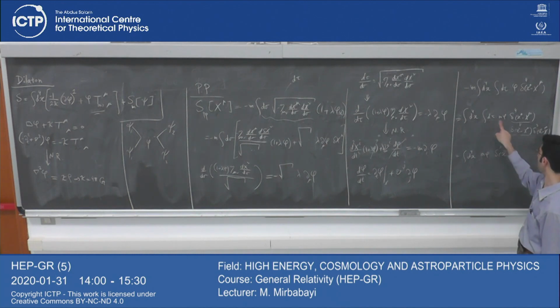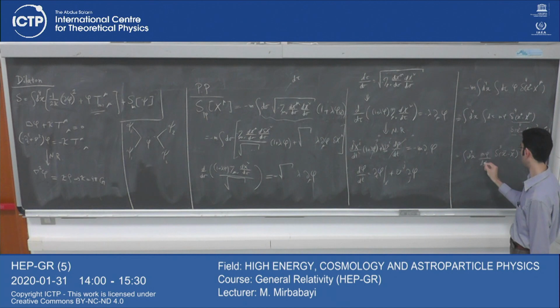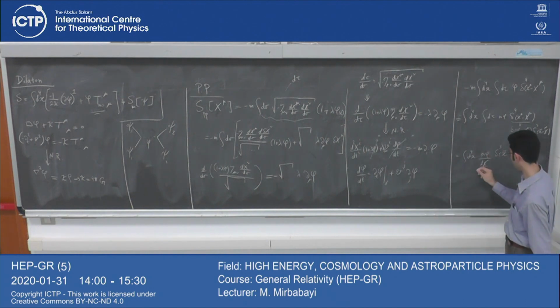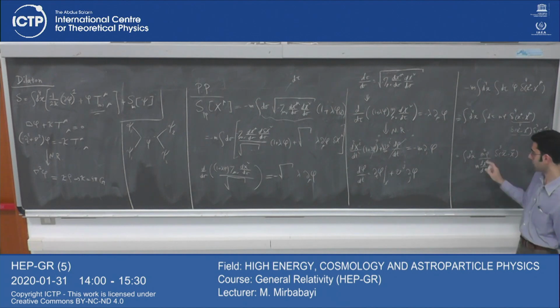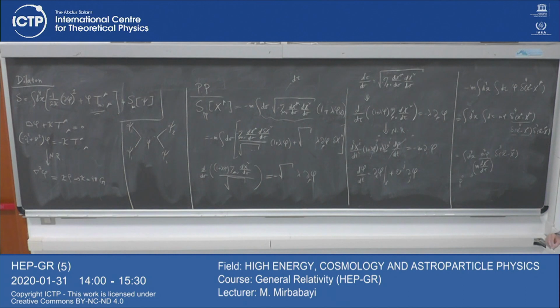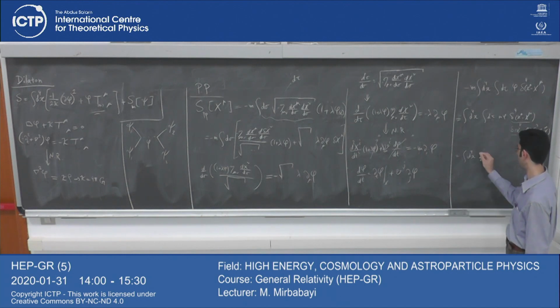But then when I do the integration over tau using this delta function, I get 1 over dx0 by d tau, which, if I multiply both numerator and denominator by m, is nothing but what we call P0, the zeroth component of the four-momentum. So what we have obtained as the source, let me just rewrite this, is phi times m squared over P0